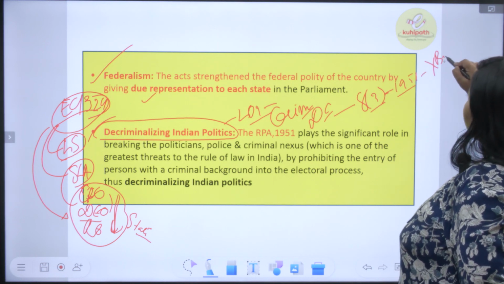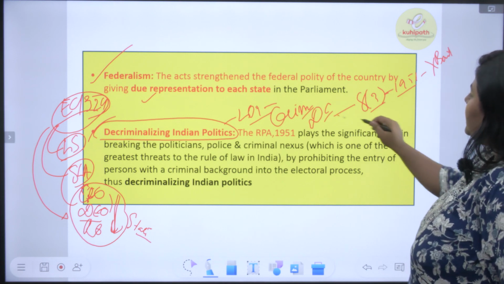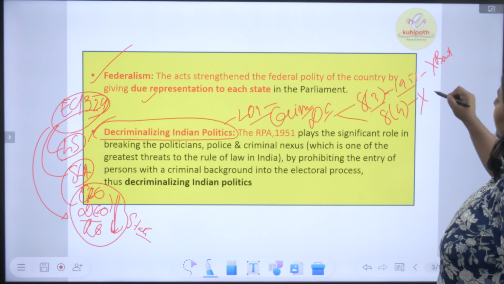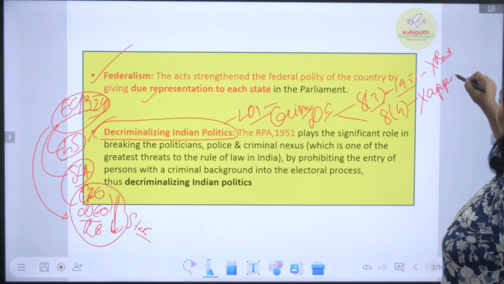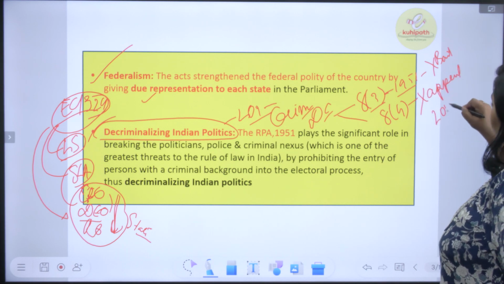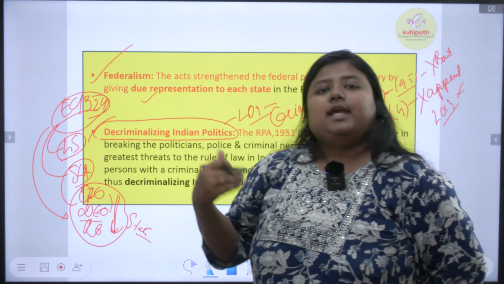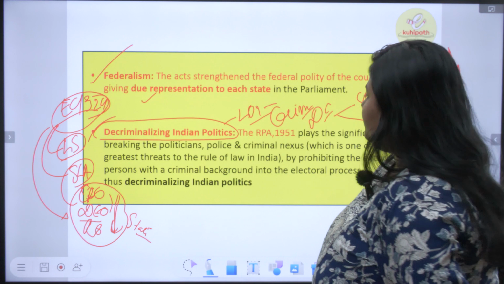null and void. In the first part of the video we discussed this, and second was Section 8 subsection 4, in which we talked about the appeal, which the Supreme Court in 2013 declared null and void. So it has decriminalized, in that part also we discussed this. So let's quickly